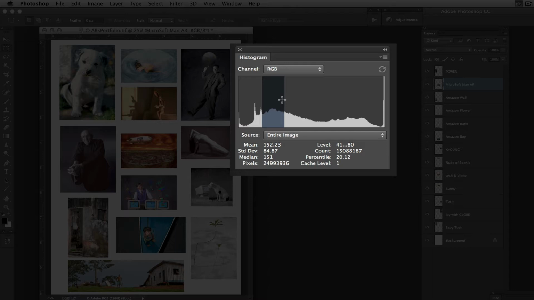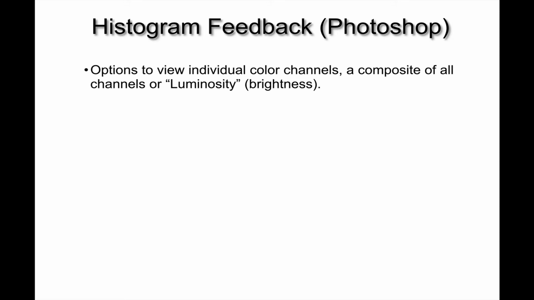It gives me the mean, standard deviation, and median of pixels. That's pretty geeky. We can go into that at another time. It tells me the number of pixels that are being selected in terms of the histogram. So to get into more detail about the feedback for the Photoshop histogram, we're able to view individual color channels,